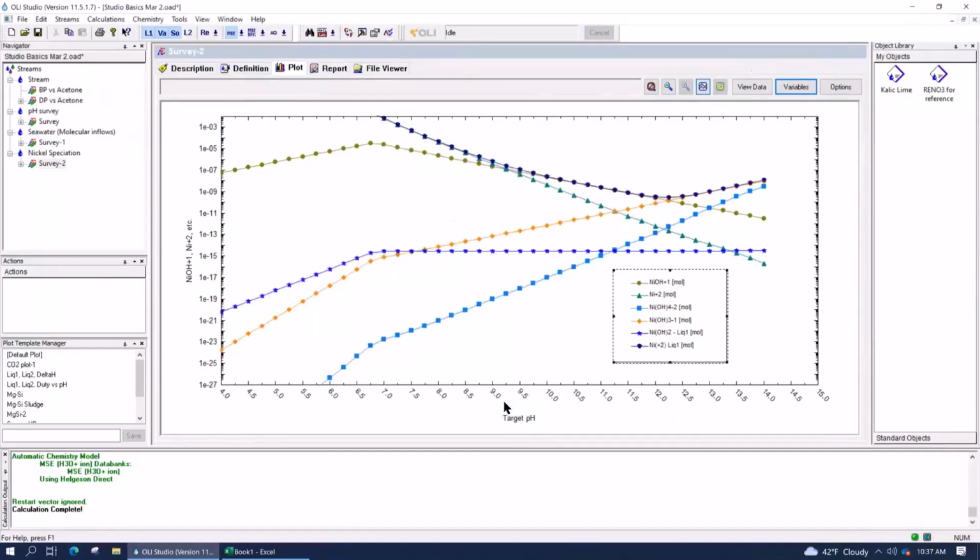And what you should notice is that this nice, pretty curve shows up at the top of the plot, right? Essentially, this curve here represents the sum of everything else underneath it. So this concentration here is the sum of this ion plus this ion plus this molecule plus this ion plus this ion.